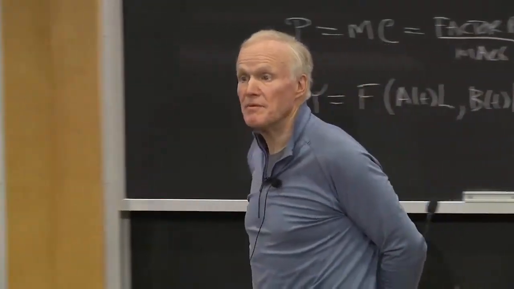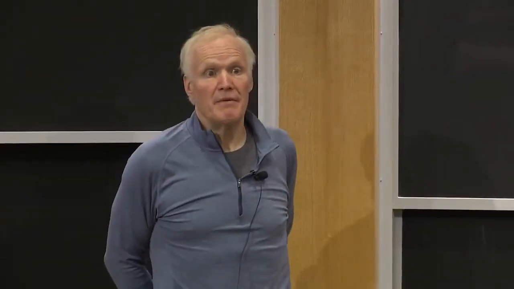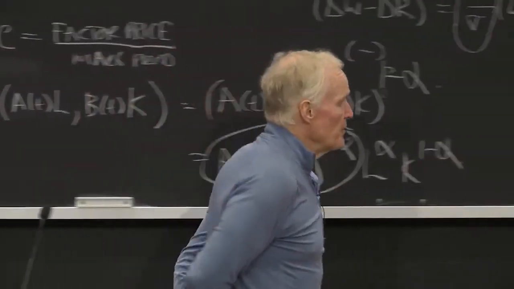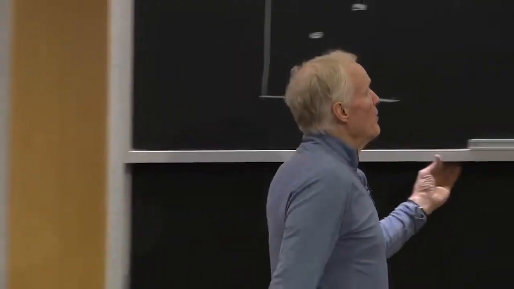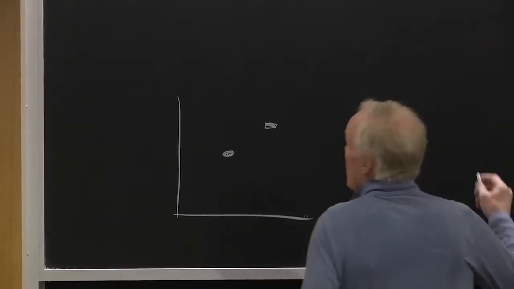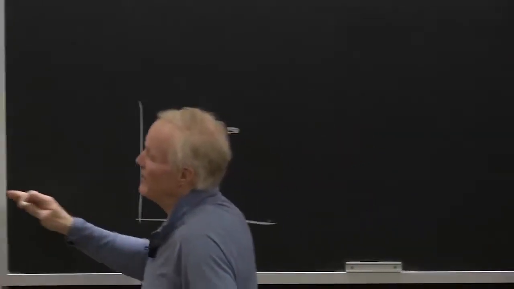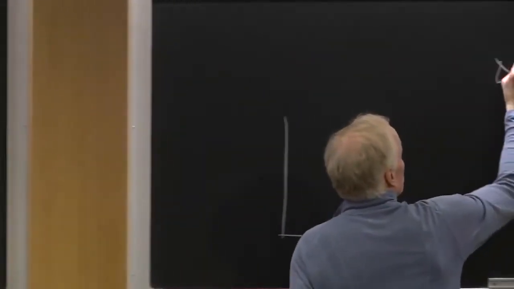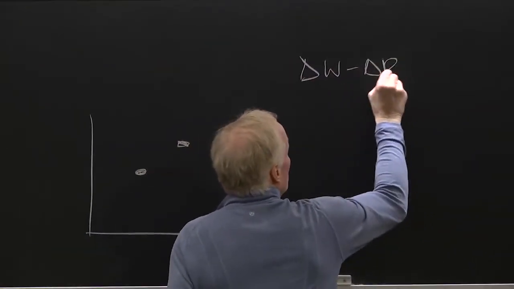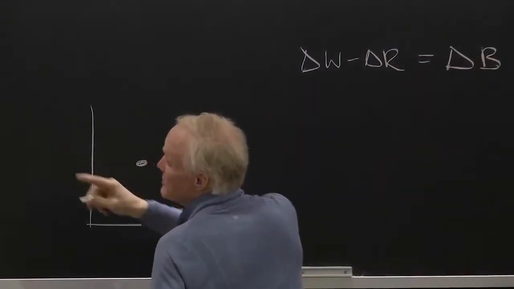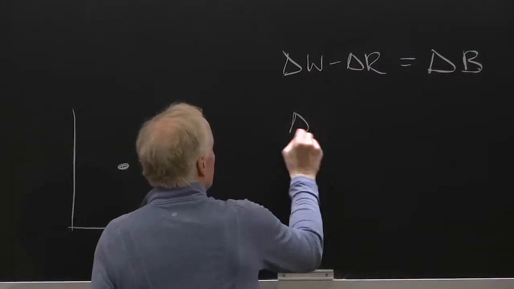Any questions that people have about that? Okay. So let's go back to where we were. So our equations for the short run. For the short run, if we're holding L and K fixed, this equation will become delta W minus delta R equals delta B. And our other equation is delta TFB